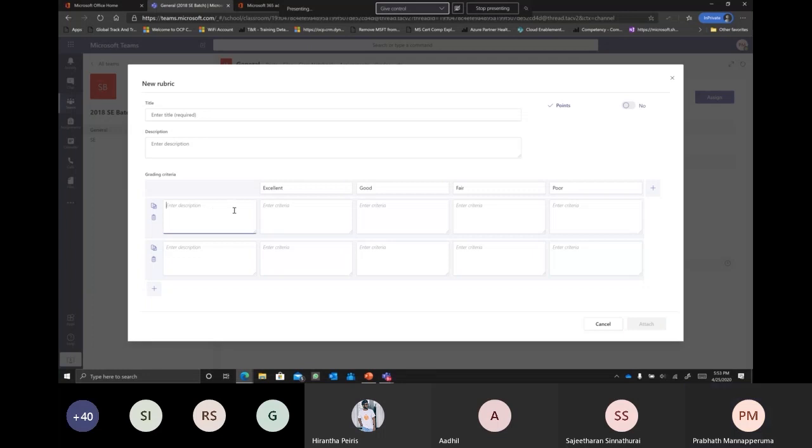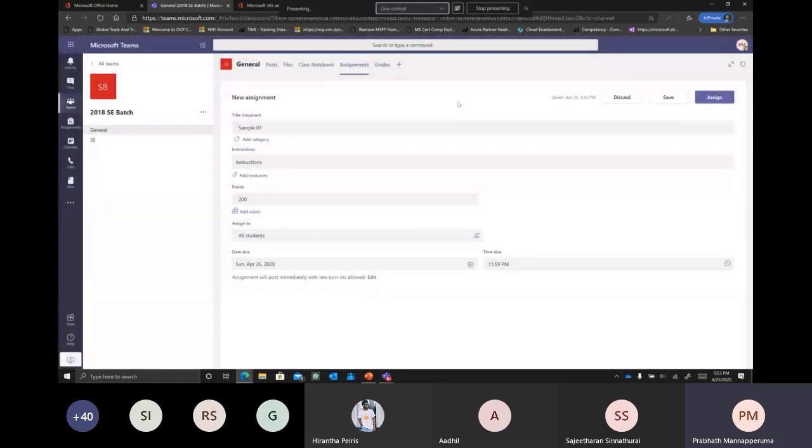Likewise, description, criteria, and what's the amount, right? If it is excellent, then what should be the criteria? Likewise, you can add a rubric. Then it will make your students' life easier. They know how this assignment is really going to be marked. Due dates and start date and everything can be done. If you want to assign this assignment to everyone in this batch, now let's say this batch is called 2018 SC batch, but if you want to specifically assign this to a special set of students, you can do it